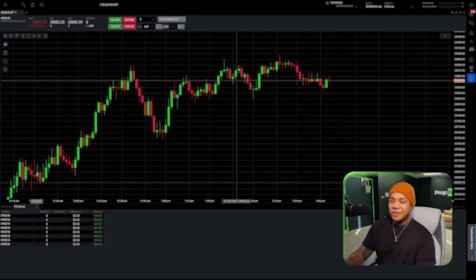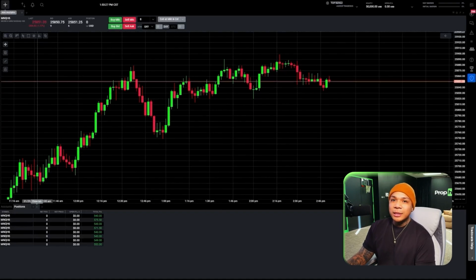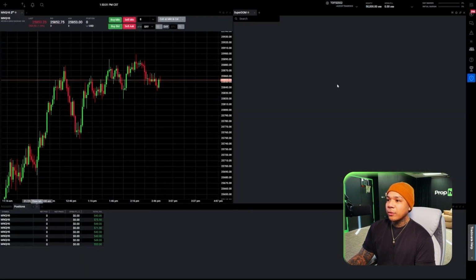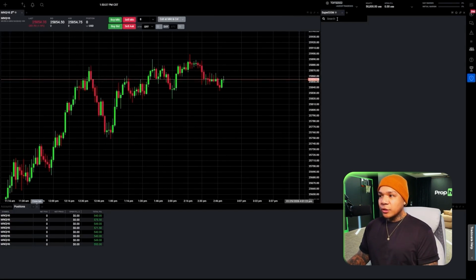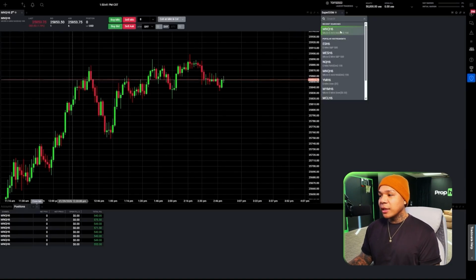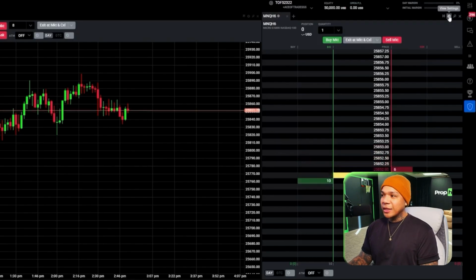Now that we added positions, this next one is a tip that a lot of people do not know. I'm going to click over to modules, head over to SuperDOM, drag that over to my right hand side, reduce how much space it needs so I can make my chart a lot bigger. Head over to search, and I want to make sure it reflects the same instrument that I am trading, in this case MNQ H6. I want to head over to view settings,